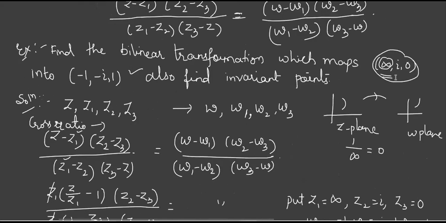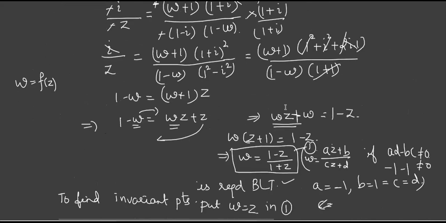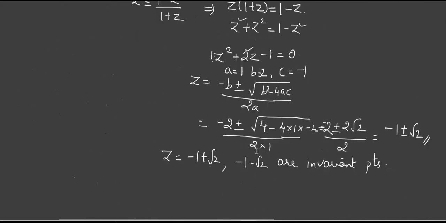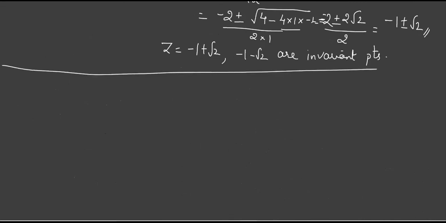Just see here. If I am taking infinity in the Z plane, what image am I getting? Minus 1. It's not invariant. I am taking i, I am getting minus i. Got it? So in this bilinear transformation, the 2 points which are going to remain the same, the invariant points, are these two. Okay, this is like a concept. If you have understood well, good, else also not to worry. Understand the method. That's all.